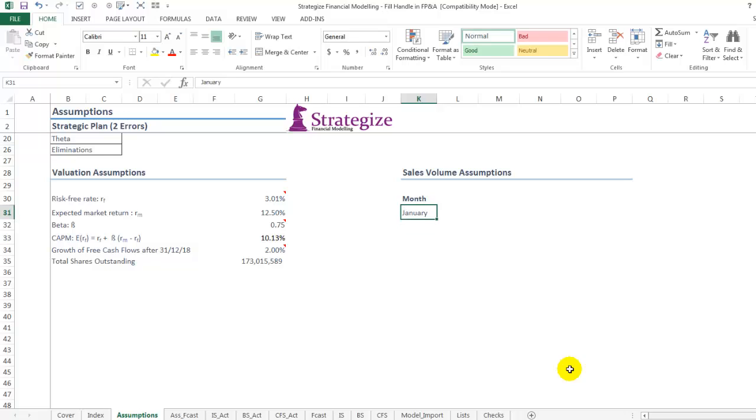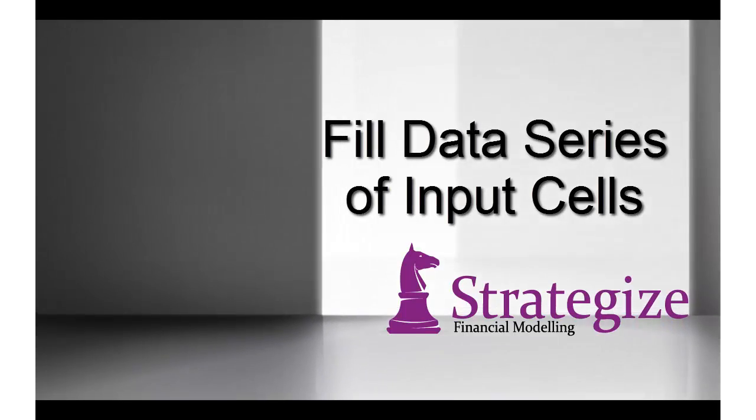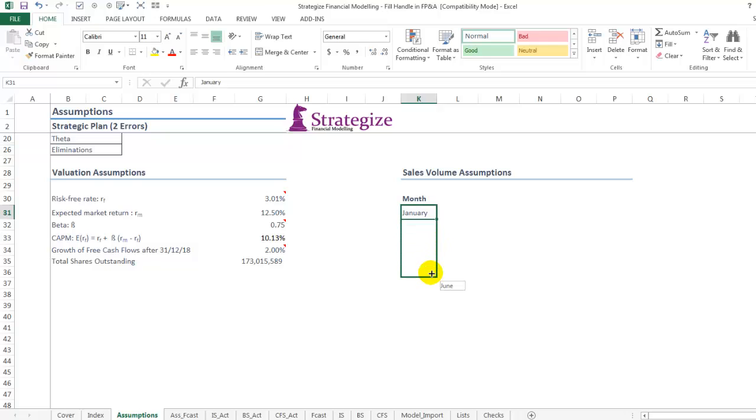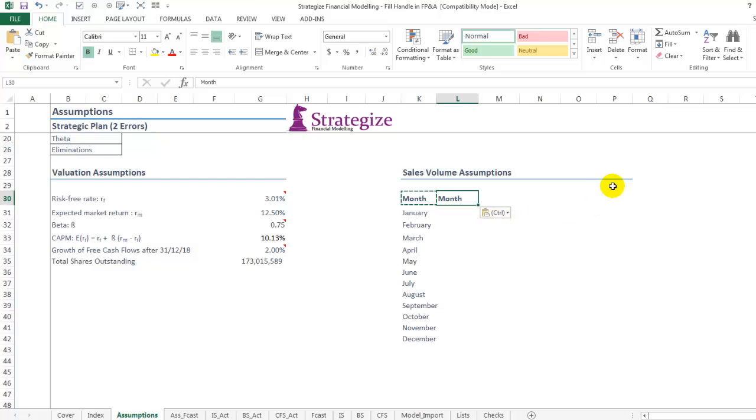Firstly, I'm going to create some months, January. I'm going to type in February, then March. The great thing about the Excel fill handle, it can automate this input of data. So by taking the one cell, January, the Excel fill handle will seamlessly and automatically fill down the page by the respective months. We can now create our breakdown by month of our percentage sales volumes in this hypothetical strategic